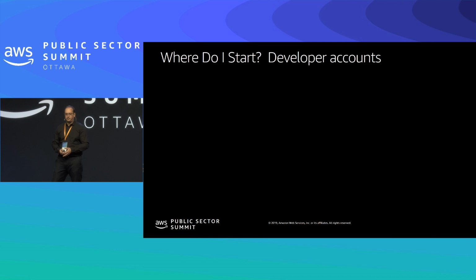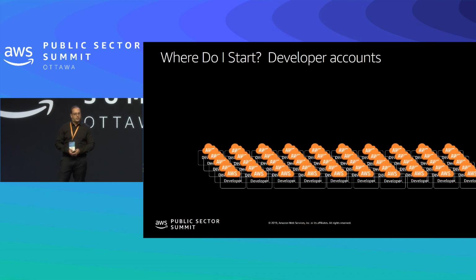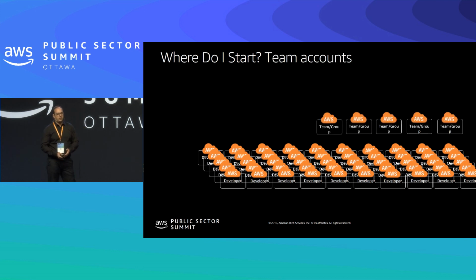So where does Bob start? Well, let's say we start with developer accounts. Whether it's 1 account, 5 accounts, or 100 accounts, developers each get their own AWS account, perhaps with full access, and they can do anything they want. But for this part of the story, it's isolated. But we can treat it as a company resource with IT policy per se, and we can use budgets and budget alarms. Maybe you want to give them $50 a month, and be alerted when they exceed that. But allow them a place to learn and work. Then we start with team accounts, an area where teams can build a new initiative, or POC.